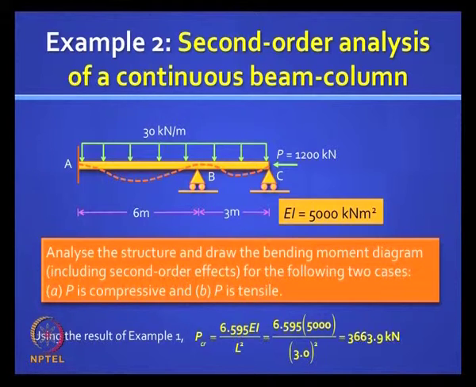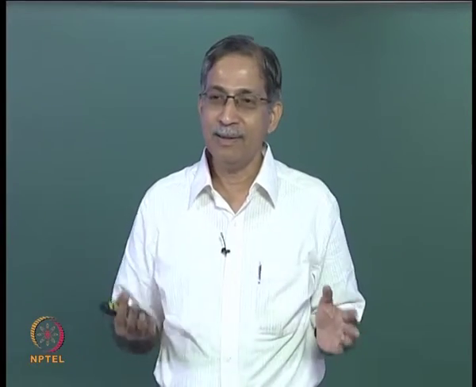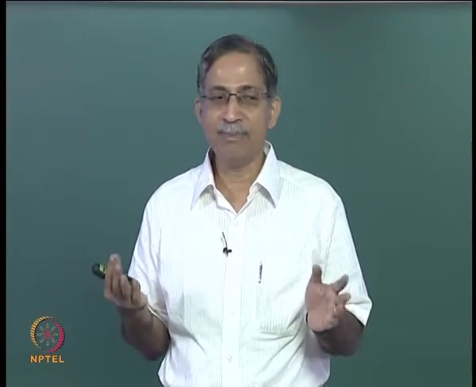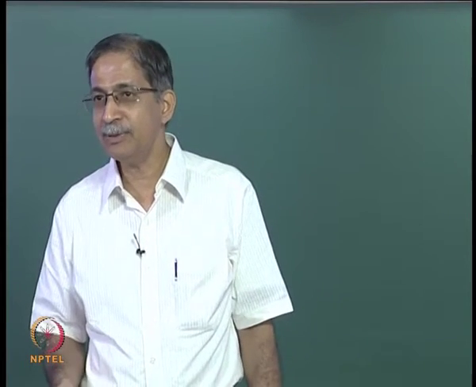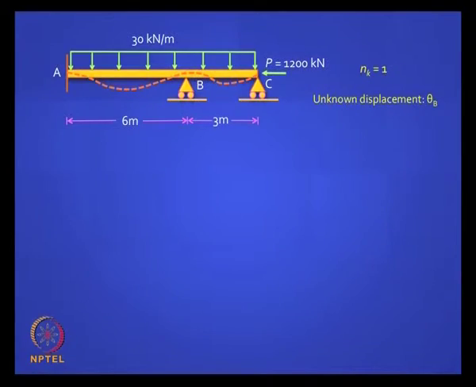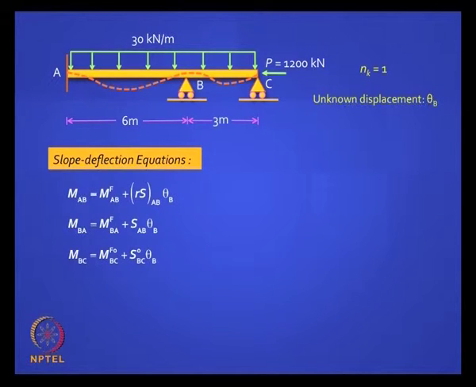So does it make sense to you? And so here you can't do the old slope deflection method, you can't do the old matrix method, you have to look at this problem as a beam column problem. Clear? So let's proceed. Take that problem. Degree of indeterminacy is still the same, kinematic indeterminacy theta b. Write down your slope deflection equations. Those are very easy to write.